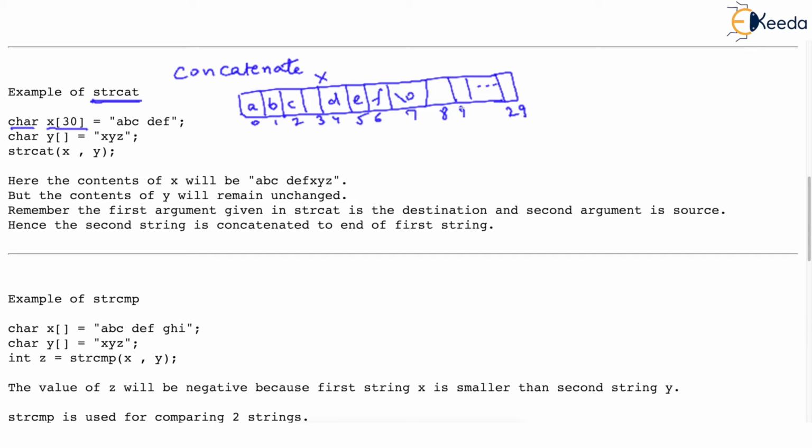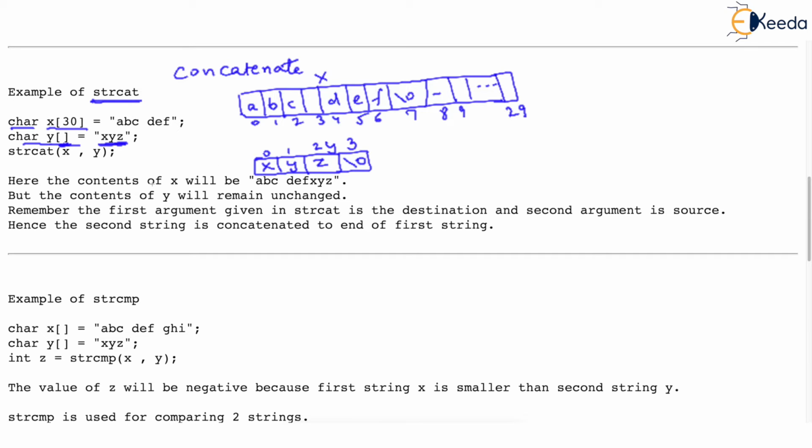element array, are garbage. We have one more array Y, and note Y is initialized as XYZ. So here is another array Y, which will have exactly the number of locations needed to store XYZ. I hope you understand why. Because the size of Y is not given, and we are giving the initial value, Y will exactly have locations 0 to 3.